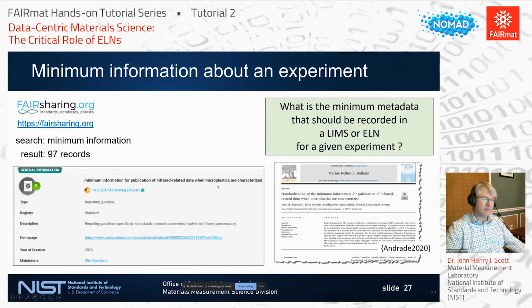So this subdomain of microplastic characterization has a convention, if you will, maybe a pseudo standard published in a journal article in Marine Pollution Bulletin, describing what they think would be a reasonable set of metadata to record when you measure IR spectra in order to characterize microplastics. And